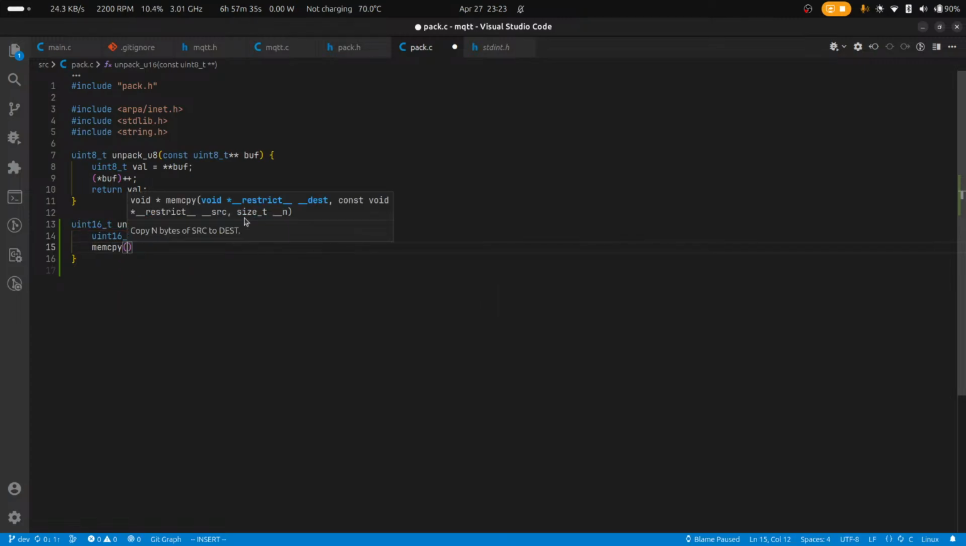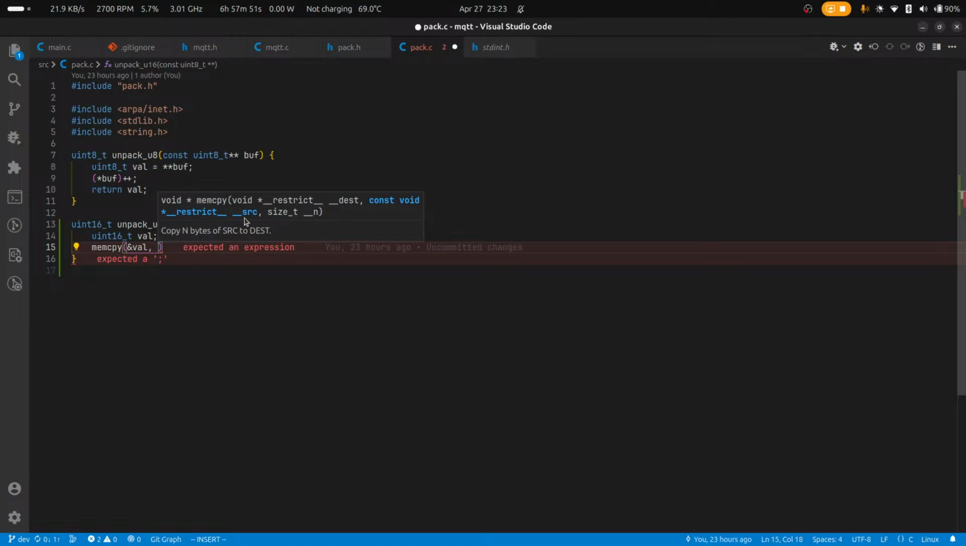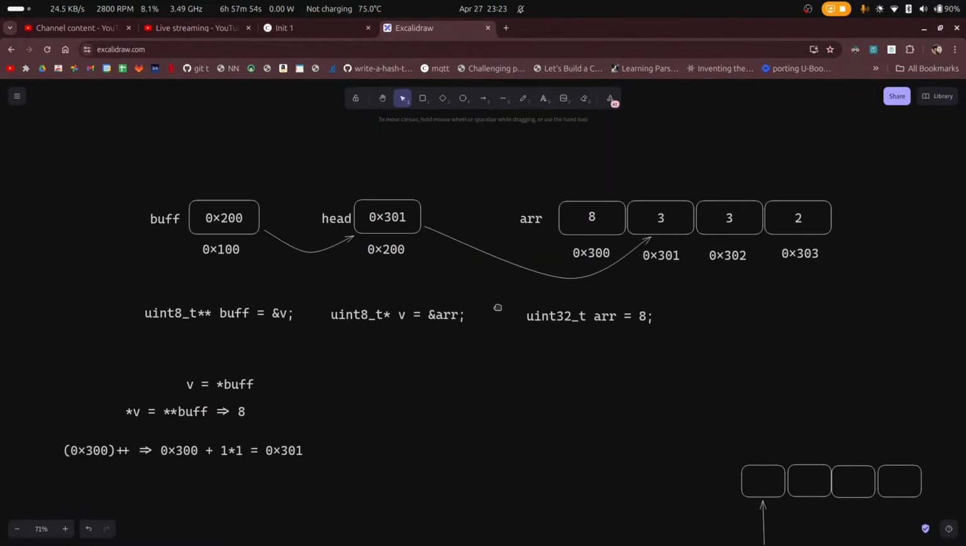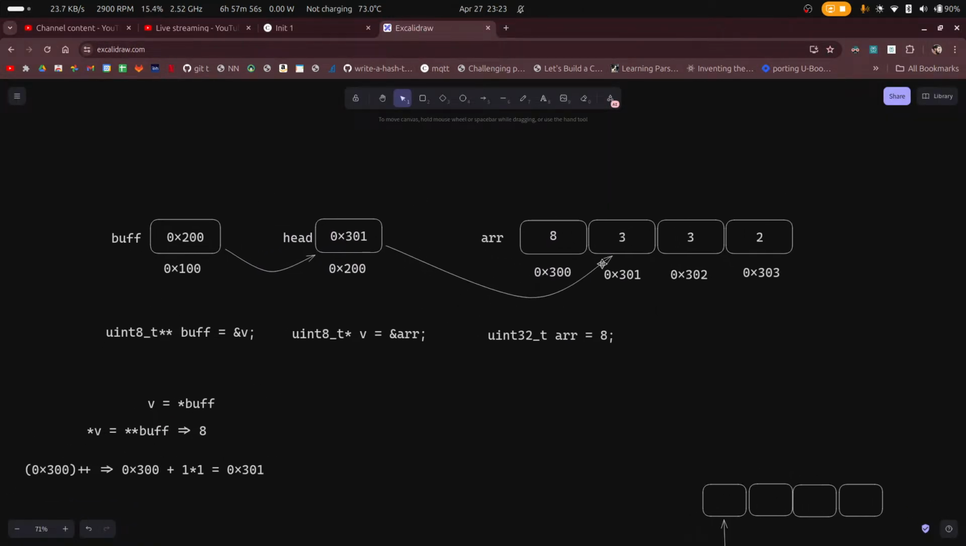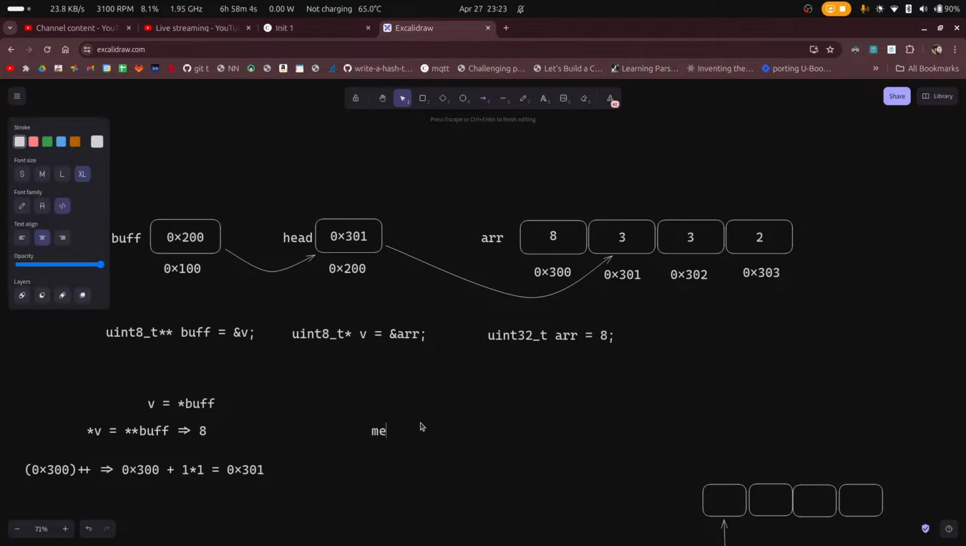memcpy, memcopy. I'll memcopy from the destination. So the destination is my address of value, and my source is the address from where I'll pick the value. So if we go back to the example, let's just say, let's take this particular pointer. So the way memcpy works, it says I want to store the value at this destination, but I want the address of source